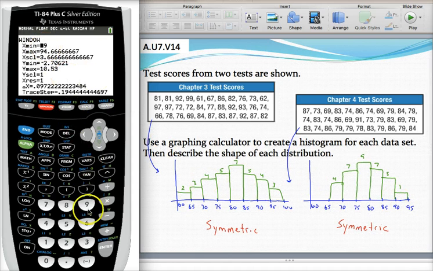Probably 70 would have been fine too. But let's go 60 up to 95. And again, we're rounding these off so they're slightly nicer numbers. And then the scale is the width of the bin. Let's count by 5s. Remember, your goal is to have 5 to 7 bins when you're done, although it's